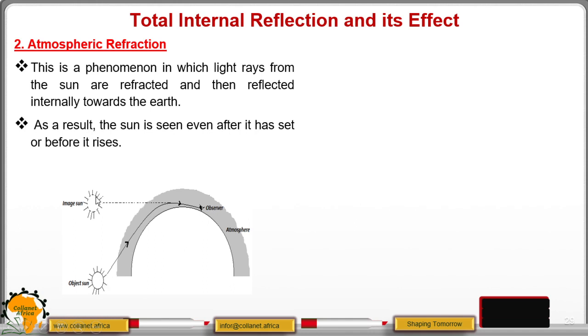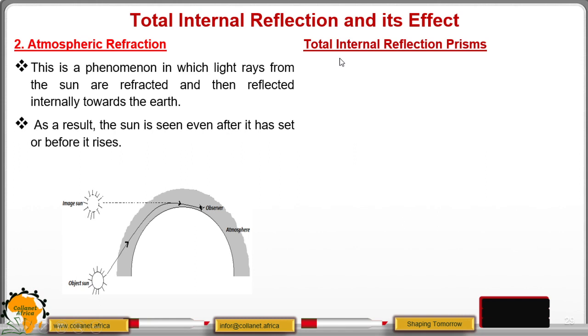You see the image of the sun because of what we are calling the total internal refraction. We have the atmosphere that is surrounding the earth, and remember, this atmosphere will have different refractive indices, and that is why we are saying the rays, as they travel from the sun, will undergo continuous refraction, and at the end they will undergo what we are calling the total internal refraction. And as it refracts, we have the image being formed. So you as the observer, you see the image of the sun, which has not yet risen.